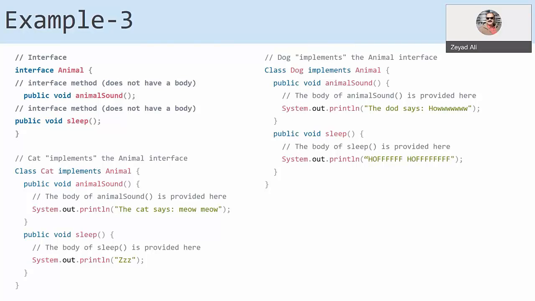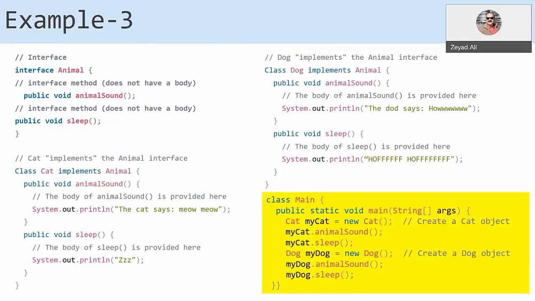Sleep and animal sound, right? So if you see any class that implements the animal interface, then you know there are definitely two methods there. Does that make sense? Okay. Here in the main class, my cat, new cat. You can call my dog, new dog, and you